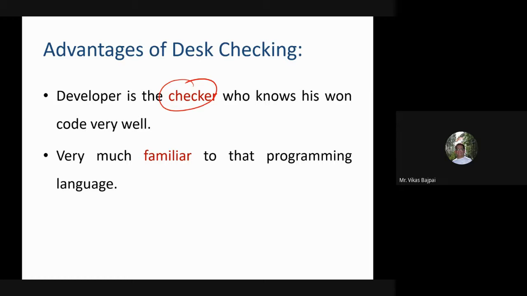So it's always good to rely on that same person, because he or she is the person who is familiar with the code and will be easily able to identify some errors. Although, on the contrary, people say that we come up with a frame of mind where we say that whatever I have written is correct, and that happens. In your C programming lab or data structures lab, many times you say that whatever I've written is correct, but still it is not giving the right output, right? So we become biased in some sense. So that particular factor is also there.